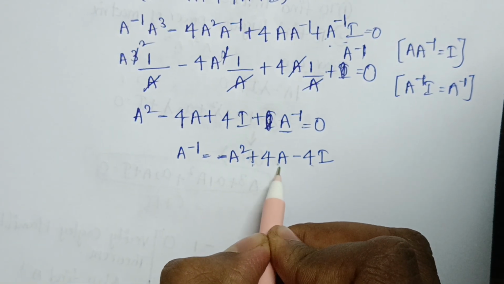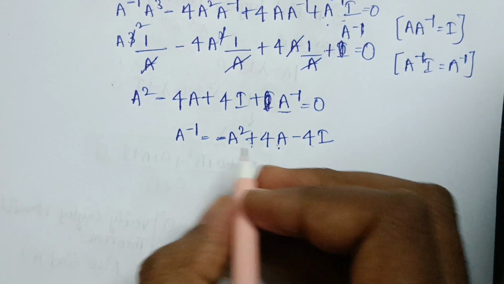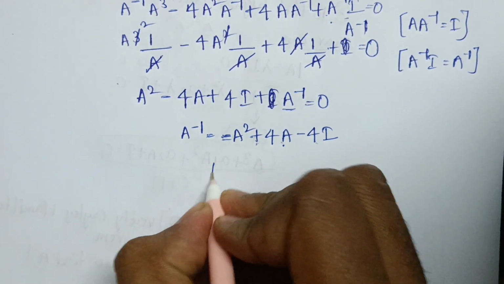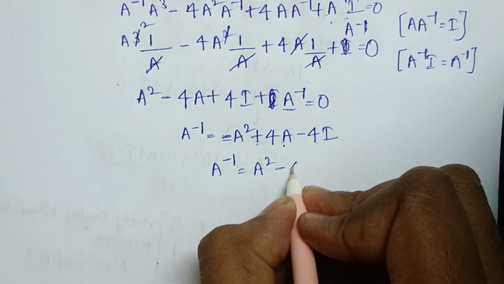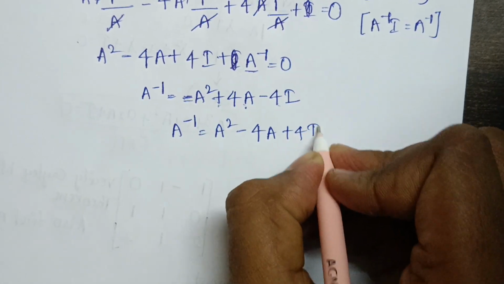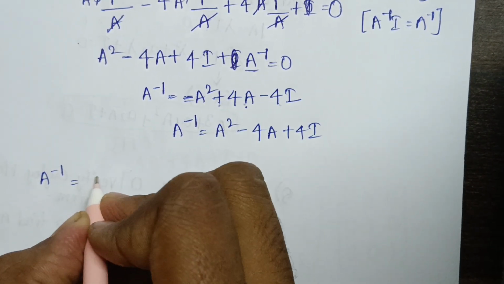Do this in the calculator, I have already done it, so I am directly putting the values. We can also divide the given equation with minus and get the equation as A inverse is equal to A square minus 4A plus 4I. Okay, so now A inverse is equal to